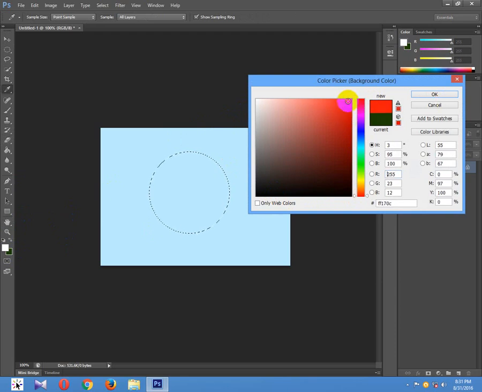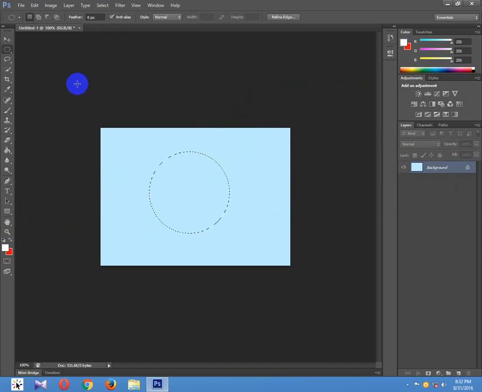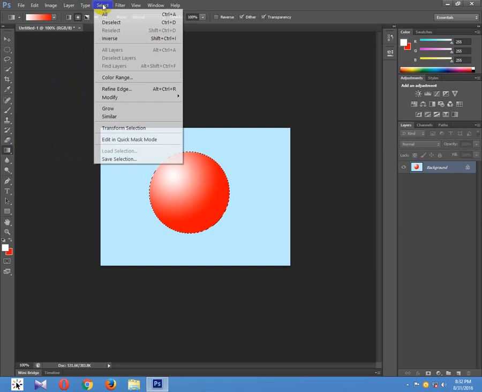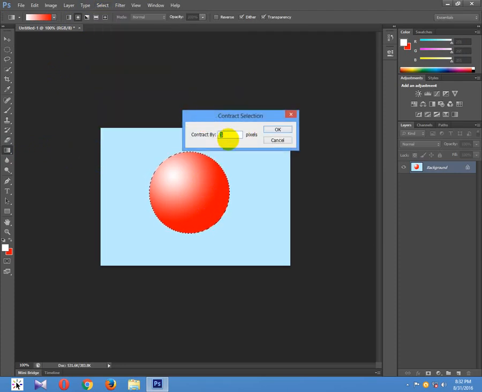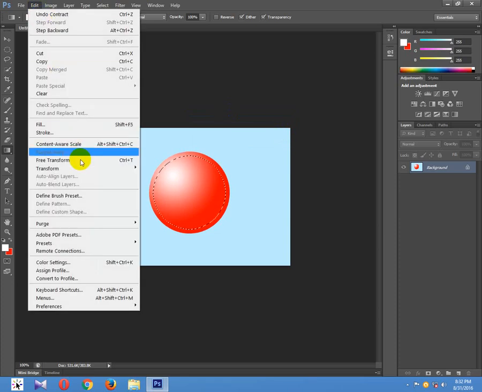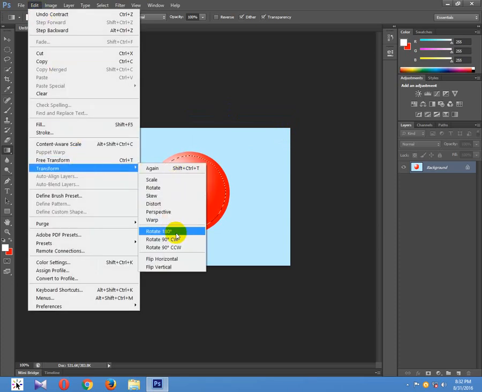Select red and apply here gradient. This gradient is not this, and apply here, and go to select menu, modify and contract, type here 10 and OK, and go to edit menu, transform and